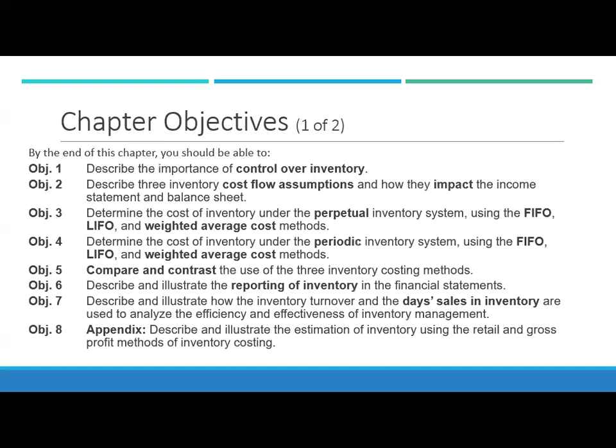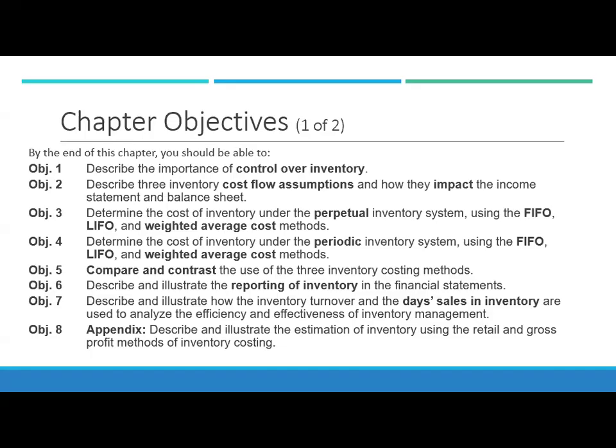And so we're going to describe some controls over inventory, the cost flow assumptions, and how they impact the income statement and the balance sheet. Our cost flow assumptions are FIFO, LIFO, and weighted average cost. And that's how we determine how the goods flow and how the cost gets assigned to cost of goods sold and ending inventory. And we're going to talk about that in the perpetual and the periodic method of inventory,